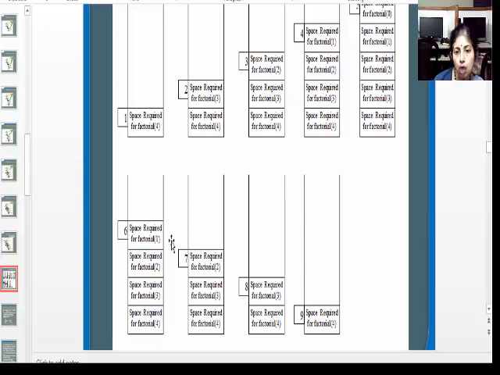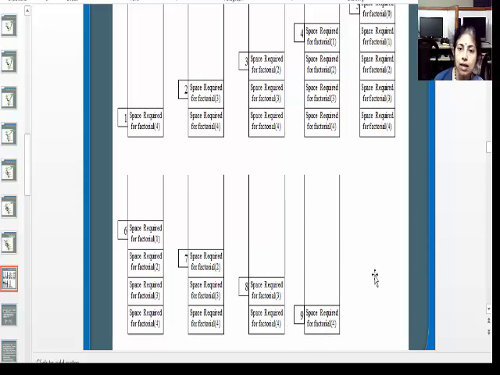Now factorial 2 will be popped out because it has to return a value to its parent, that is factorial 3, and then factorial 3 will compute some value, and then it returns its value to its parent, that is factorial 4. It will be popped out. Now factorial 4 is left on the top of the stack, and it has to return a value to its calling function, and hence the final value will be returned to its parent function. So factorial 4 memory storage will also be popped out.